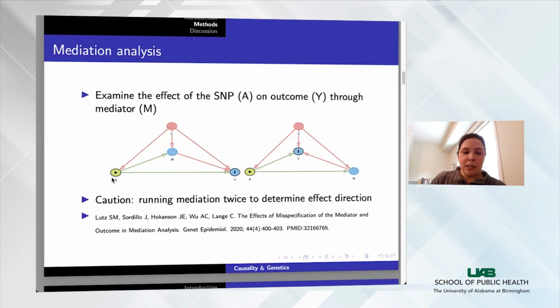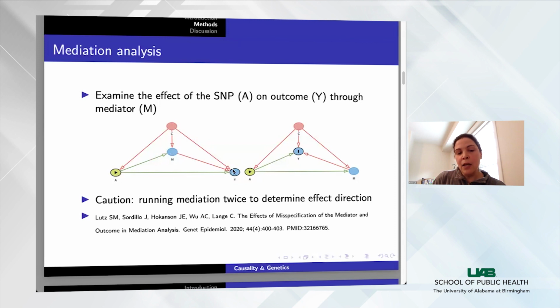But either way, when we think about our directed acyclic graph, we can think about the effect of our exposure A, so in our case here, it'd be our SNP, on our outcome Y, let's say alcohol use, through our mediator M, depression. So in our example, we think that the SNP causes depression, depression causes alcohol use, and then we want to decompose the effect. So how much of the effect is through this indirect pathway, and then how much is through the direct pathway